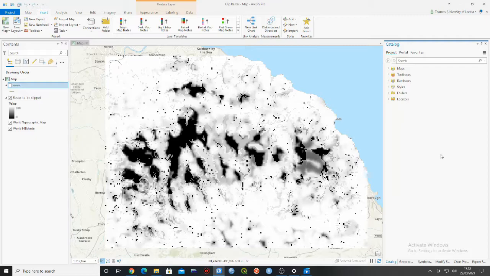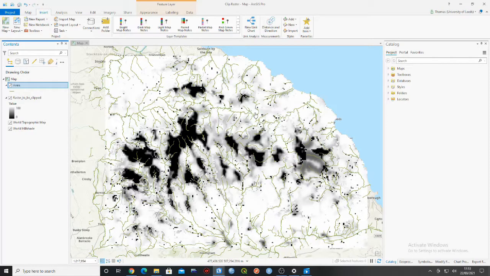This is a tutorial on how to clip a raster dataset using vector data. In this case, this is our raster data, and we're going to be using a rivers dataset which is made up of line data. In theory this will work for points and it will definitely work for polygons. The main thing is we want to use some kind of vector data to cut an area of no data out from our